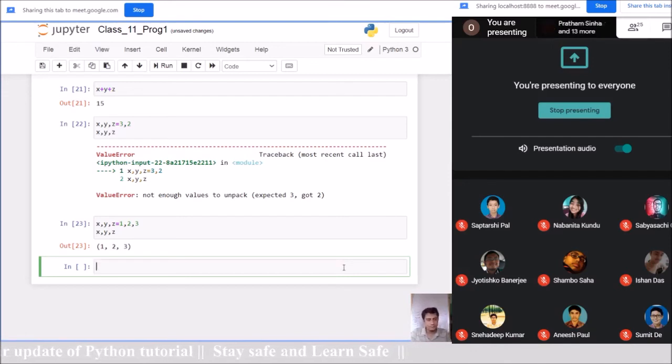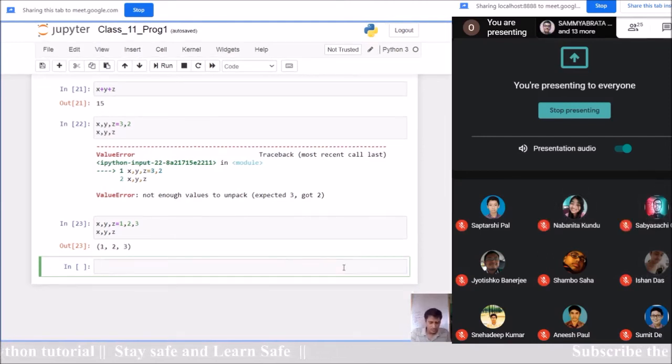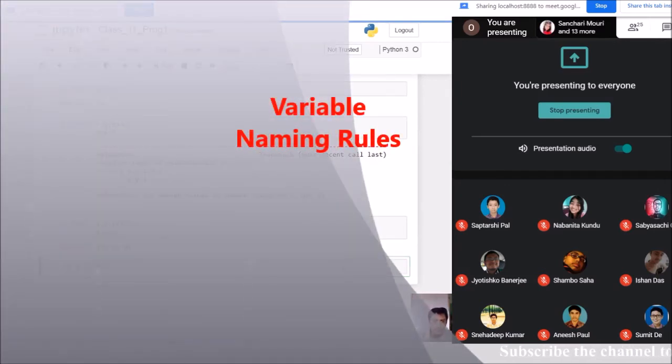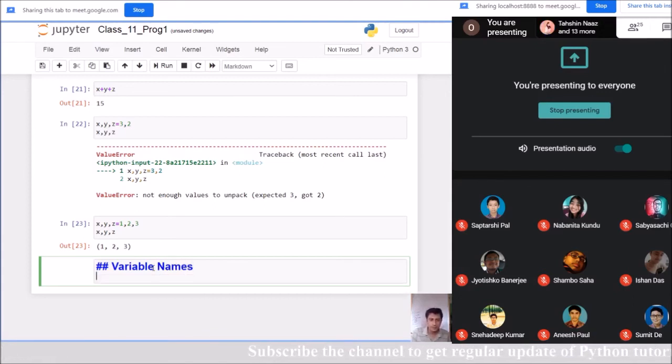Any query? No, sir. So the next part which we can discuss is variable names. This is almost the last part of this topic, variable. What are variable names and how do they work?